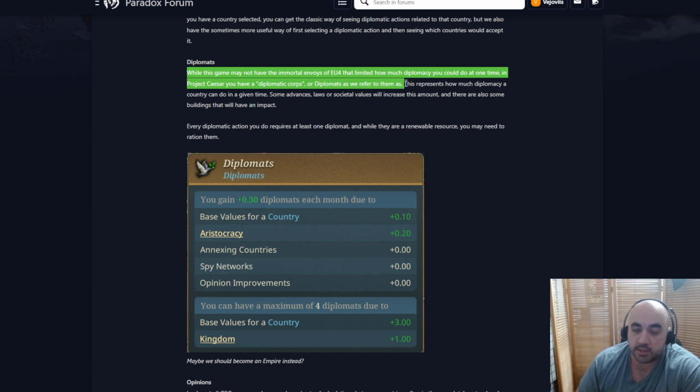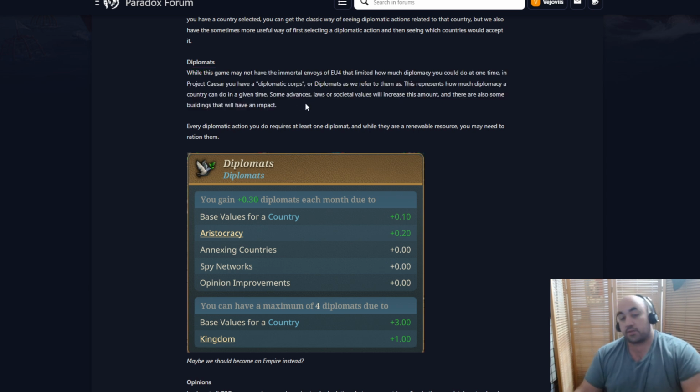This represents how much diplomacy a country can do at a given time. Some advances, laws, or societal values will increase this amount, and there are also some buildings that will have an impact. Now, I do like a change on how they are accrued that has been made, which is that you accrue fractions of a diplomat,